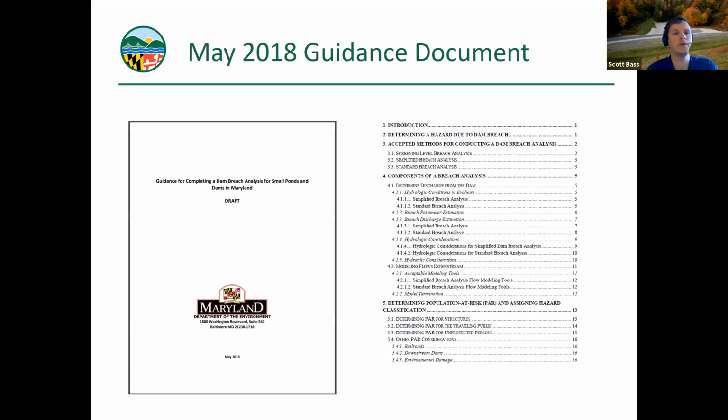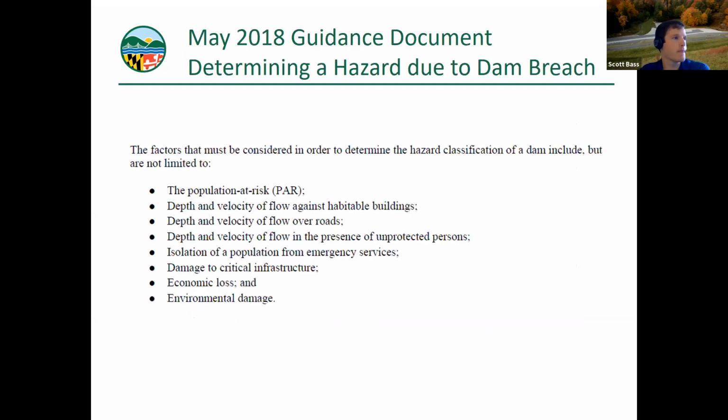So like I said, we try to fill in the gaps or the confusion that may have been provided in past guidance. And I want to highlight basically the core principles of this, and that is determining a hazard due to dam breach. And the factors, this is right from the guidance, the factors that must be considered in order to determine the hazard classification of a dam include but are not limited to the population at risk,